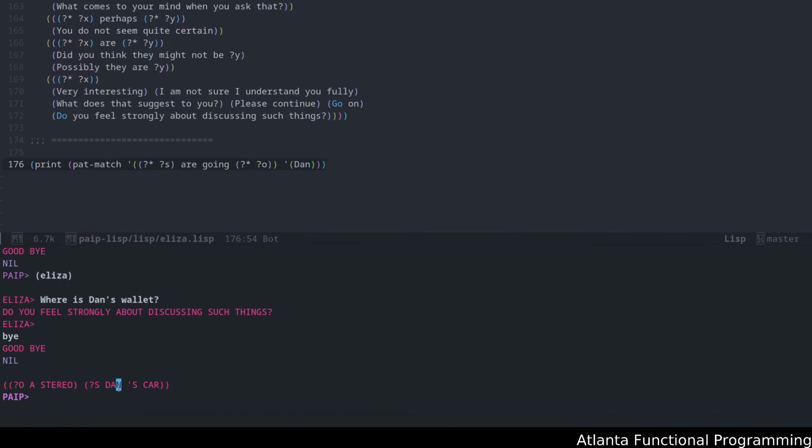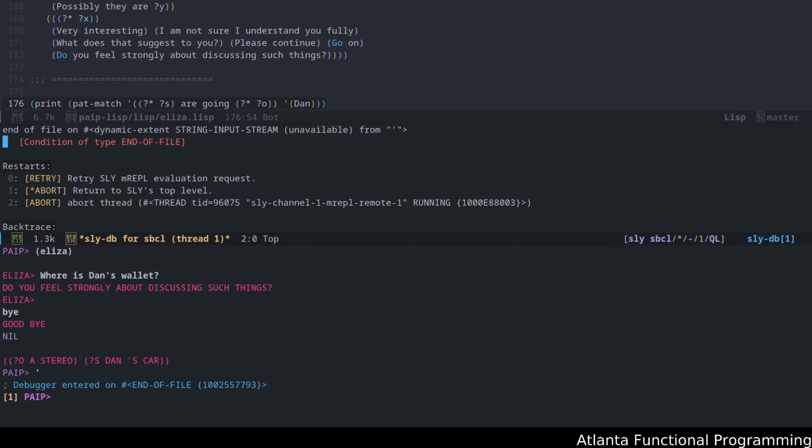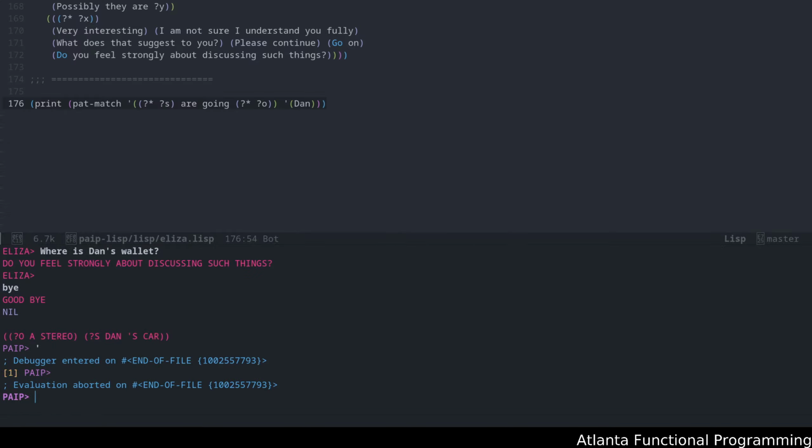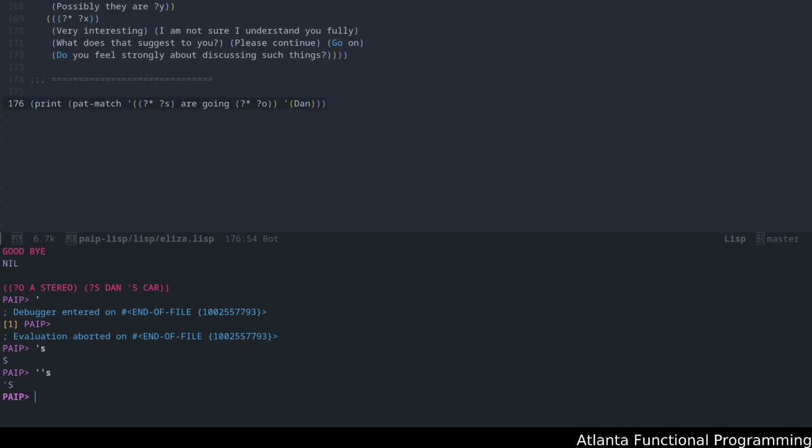Like if you end up writing, say here, oops, sorry, if you just do that, it ends up reading and has its own reader associated with it. Okay, so this alone here is ignore the apostrophe. So if I do that, you could see that this becomes a double quote, an apostrophe s